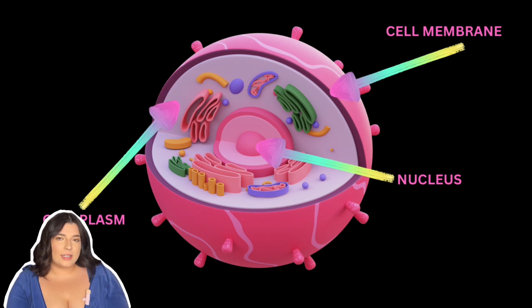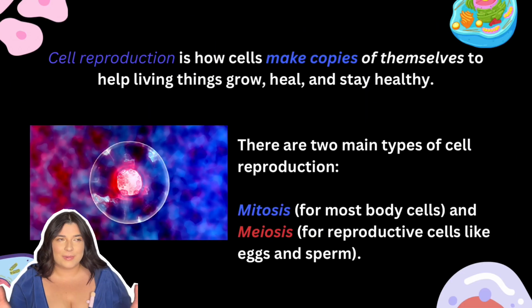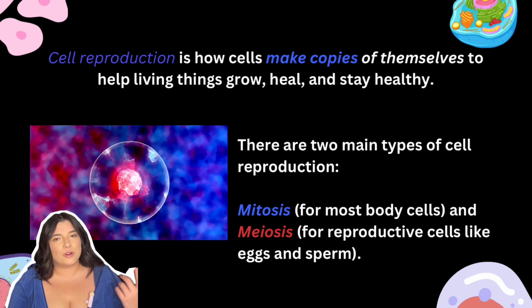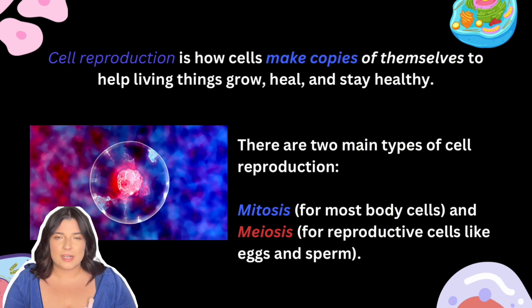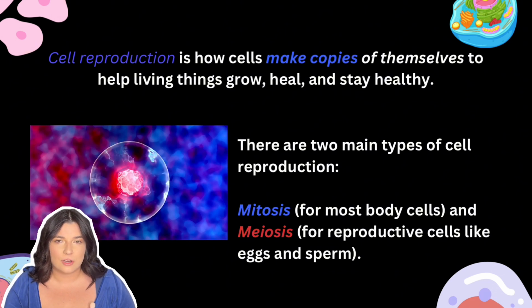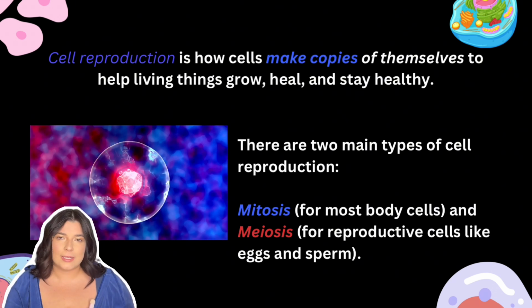Now, what exactly is cell reproduction? Cell reproduction is how cells make copies of themselves, to help living things grow, heal, and just stay healthy. You guys can think of cell reproduction like a factory that's reproducing identical cells, or products, to replace the old ones or the ones that are damaged. It's important for us as estheticians to understand the cell structure